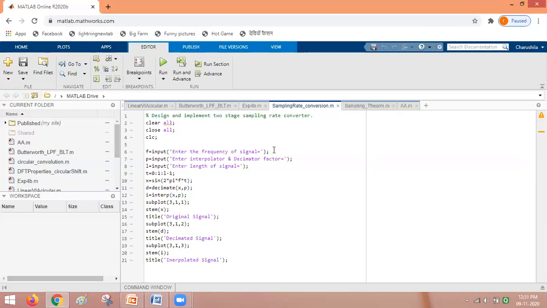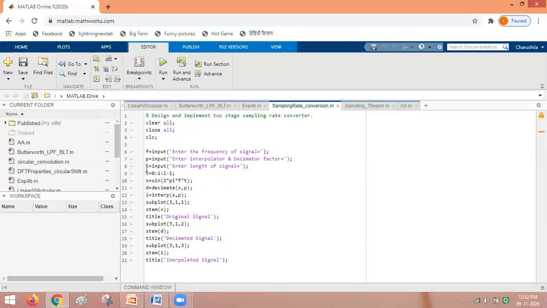So first of all, one original signal we are going to generate. To generate that signal, what the frequency is expected, that input is asked from user. Then second parameter, interpolation and decimation factor is also accepted through the keyboard from user. Then enter length of signal. What should be the number of samples available in your original signal, that is accepted through keyboard, and that is